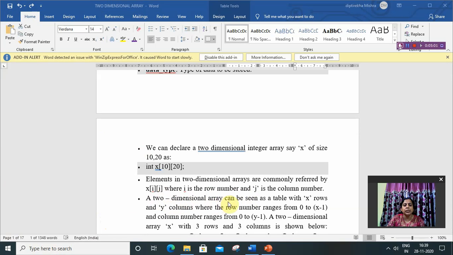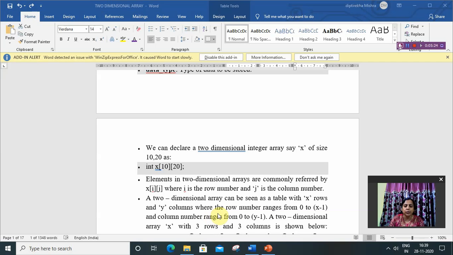A two-dimensional array can be seen as a table with x rows and y columns, where the row number ranges from 0 to x minus 1 and the column number ranges from 0 to y minus 1.